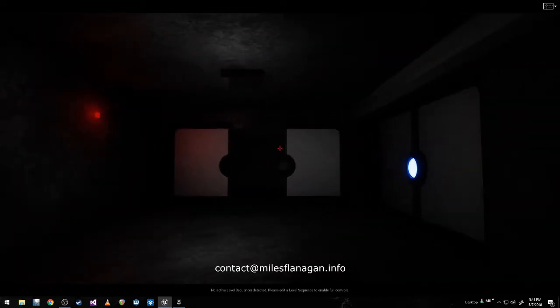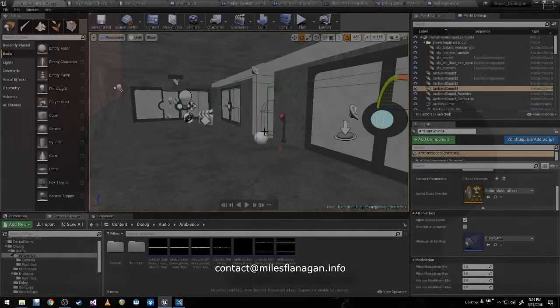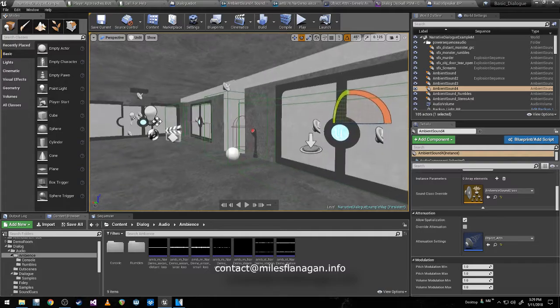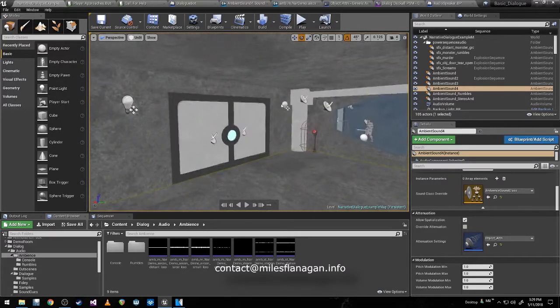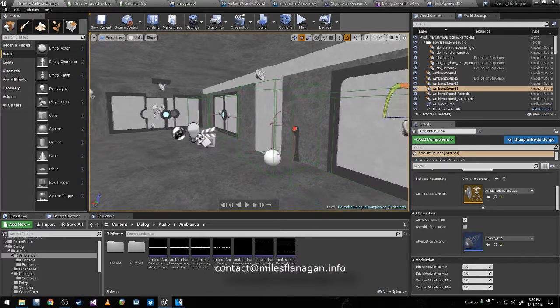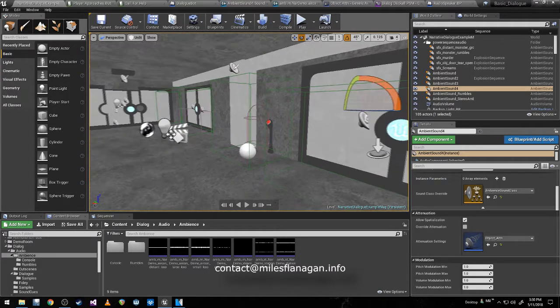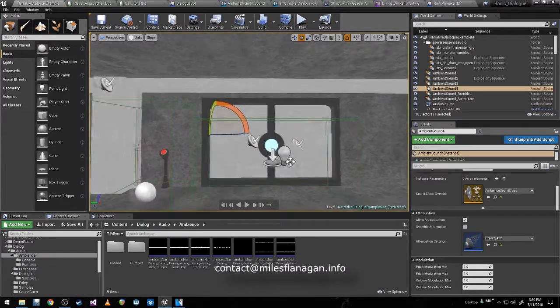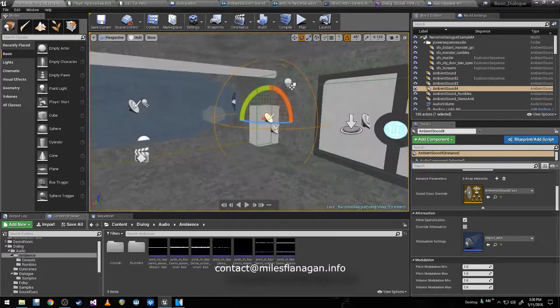And that's a really important part of avoiding ear fatigue, if you want to have that ambience present in the mix, and also of making spaces feel more varied and alive, because they look very similar right now. I'm not a good level designer, but they feel a little bit different just because there are different sounds happening all around you, even if I only have, for instance, one spot sound in this room and only 2 or 3 in this one.